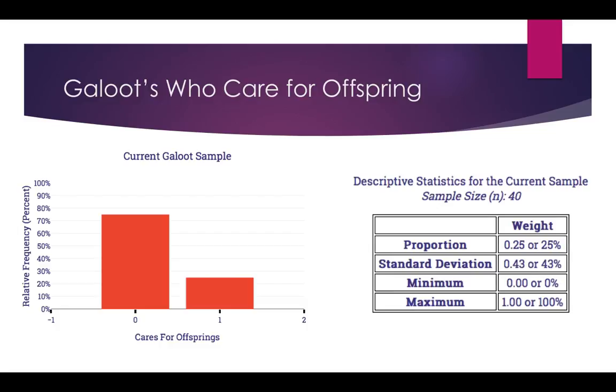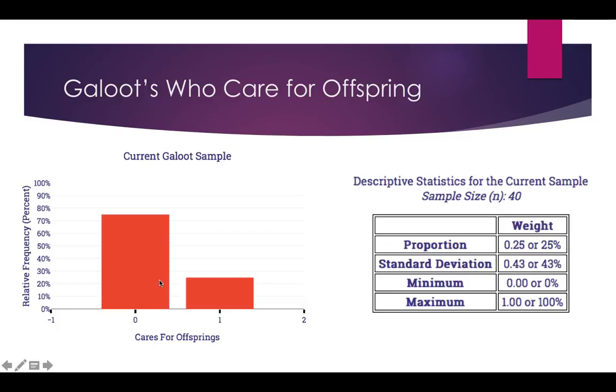First we're going to look at galoots who care for their offspring. My sample size was 40. We only have two options for this, obviously. There are galoots who do care for their offspring, which are represented by this column right here, 1. And then, of course, galoots who do not care for their offspring, which is represented by this bin